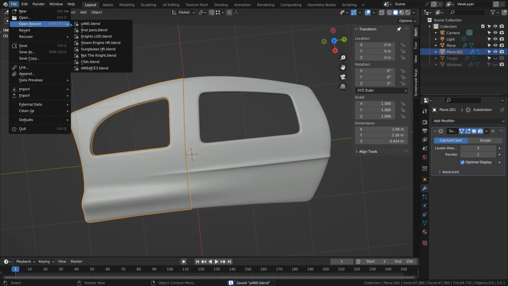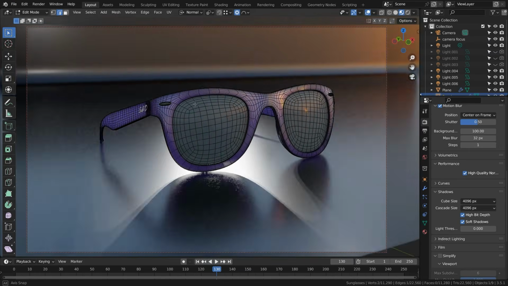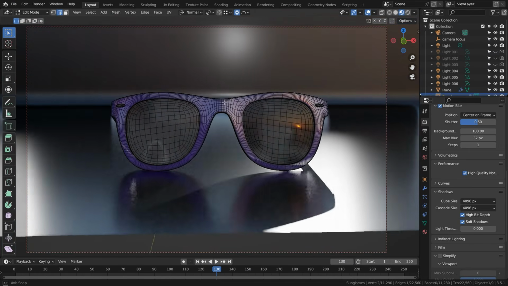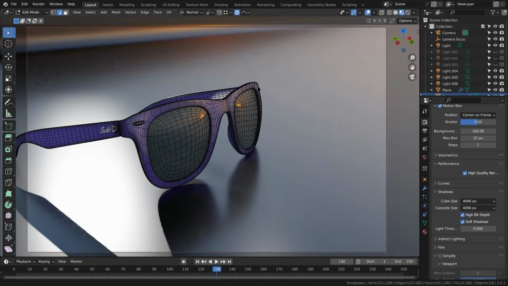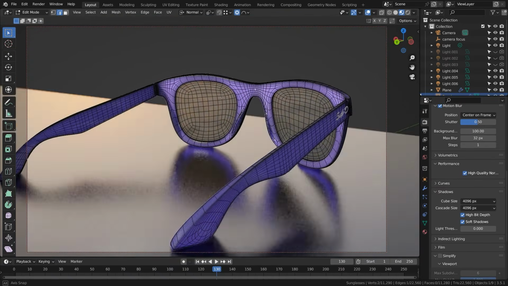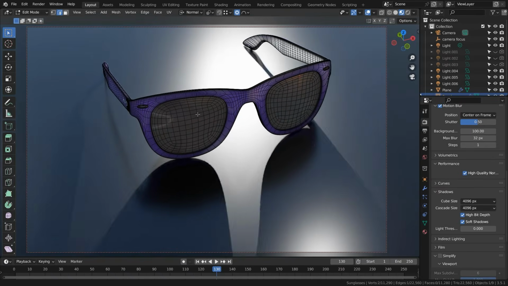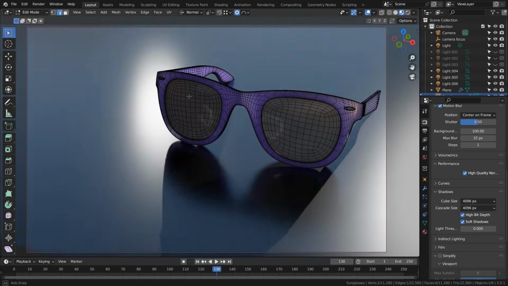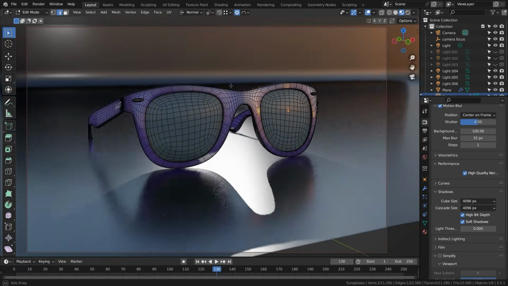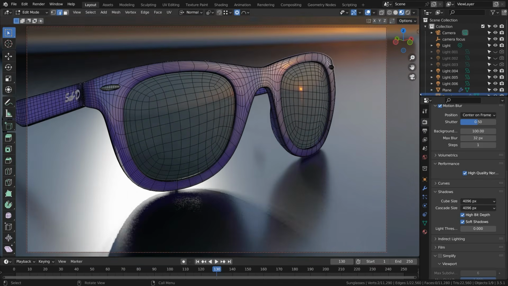So let me see what else I have in here. These sunglasses, they would have been virtually impossible to make without the use of the curve tool. There's really quite a lot going on there. But the curve tool makes this kind of modelling much simpler. And this is very similar to the way NURBS work, because they're also calculated cubically. But in subdivision surface modelling, we have more options, so it's better for our needs in Blender to use the